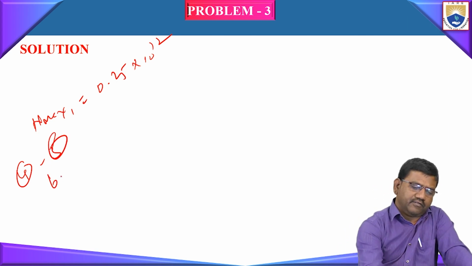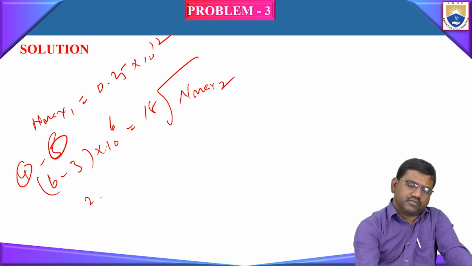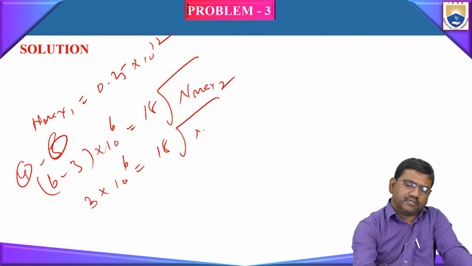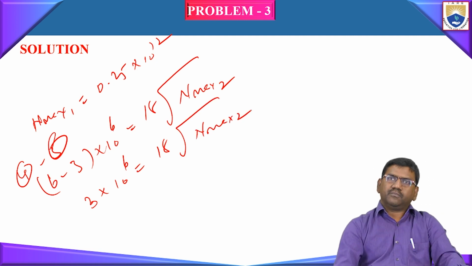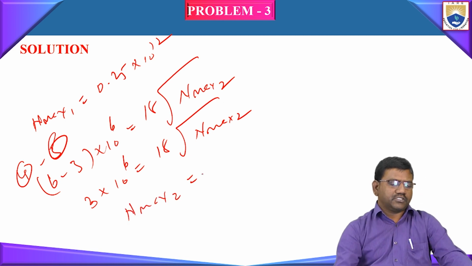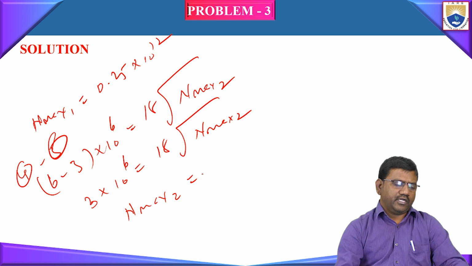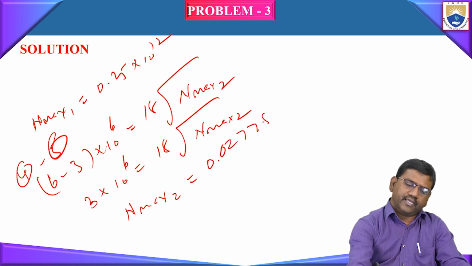If you simplify this, you will get 6 minus 3 into 10 power 6 is equal to 18 root n max 2. So 6 minus 3 means 3 into 10 power 6 is equal to 18 root n max 2 here. Squaring on both sides and simplifying, you will get n max 2 is equal to 0.02778